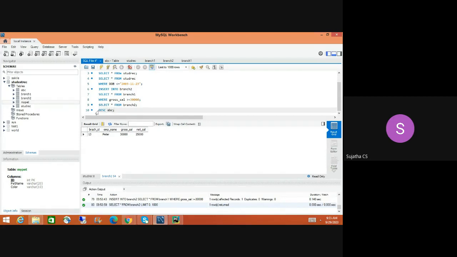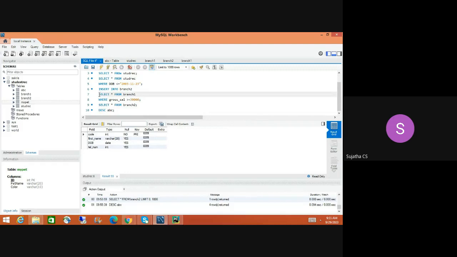Okay, if I pass this query, what will happen? It will show me the structure of that table. Okay, let me run this. See, it gives whatever the data is, as we always do with select star from whatever.